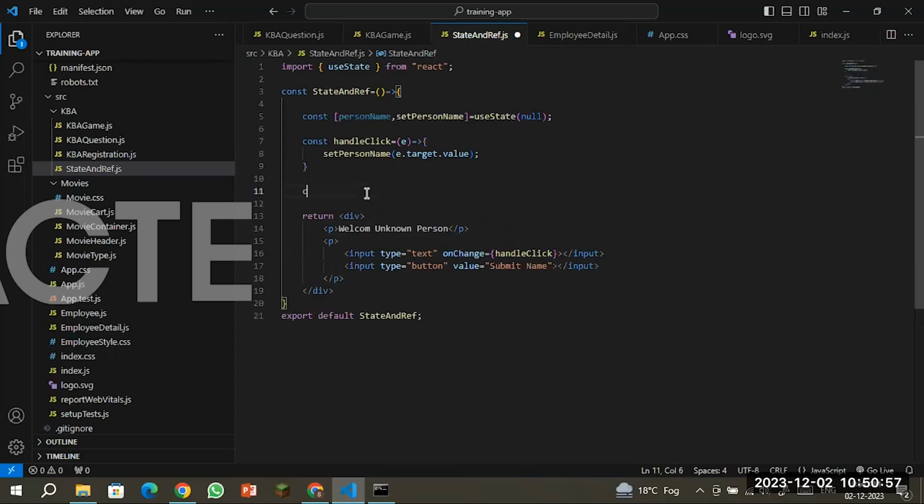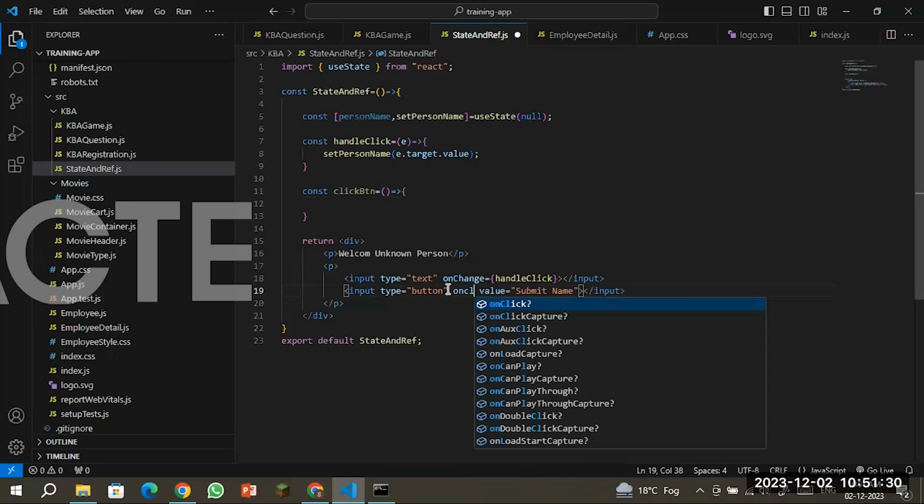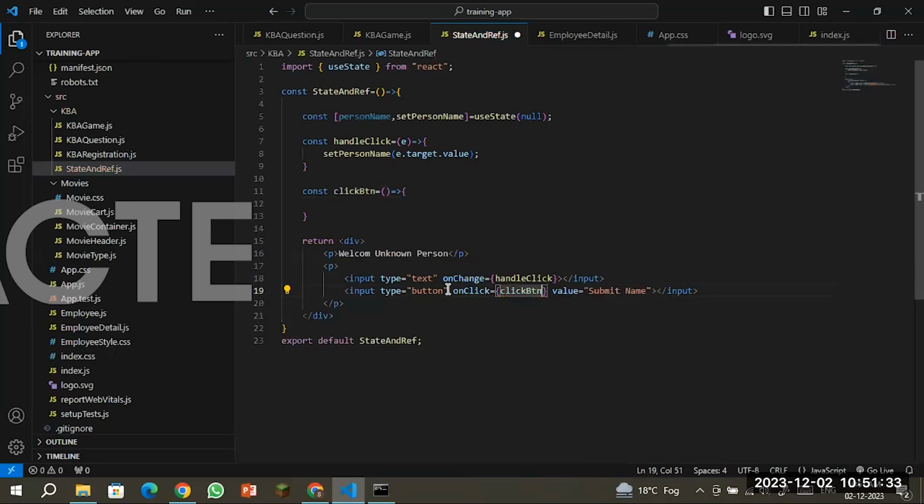So here we need to create another const, clickButton, and here I need to pass that. This is a button click event. I need to do that. Here onClick, this one. Now what I need to do,